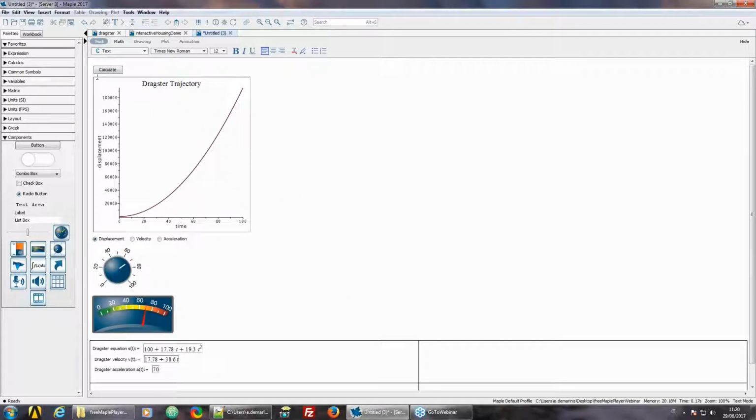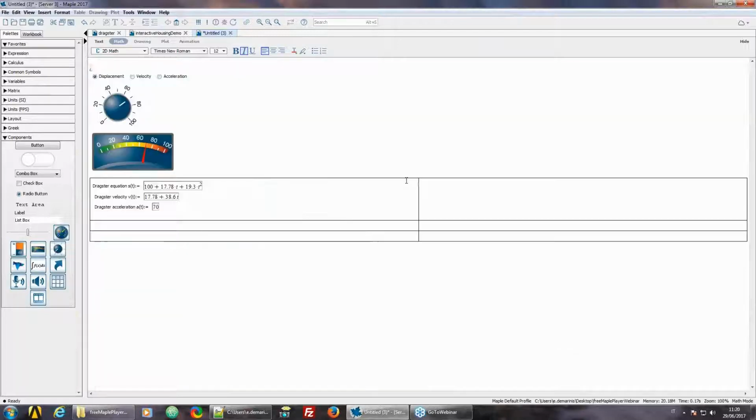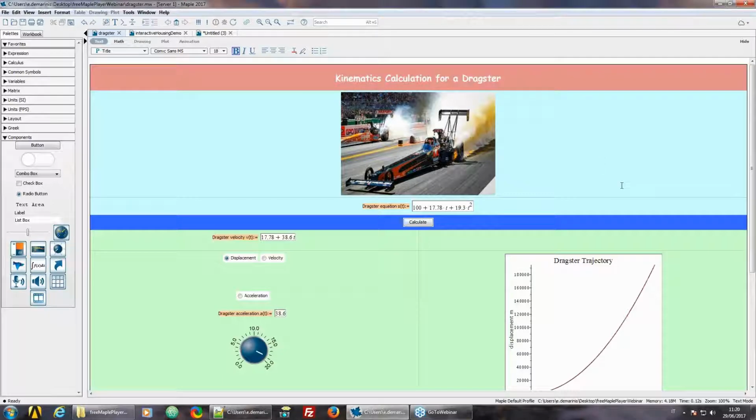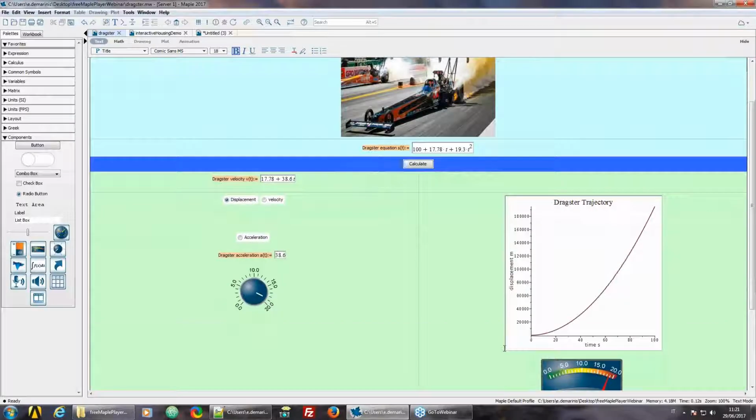So we are going to do this operation for the other components, and we can arrange our components in the way that we prefer. And the result of this arrangement and the color change of each cell in the table is this. And this is the last. This is the result of our example,